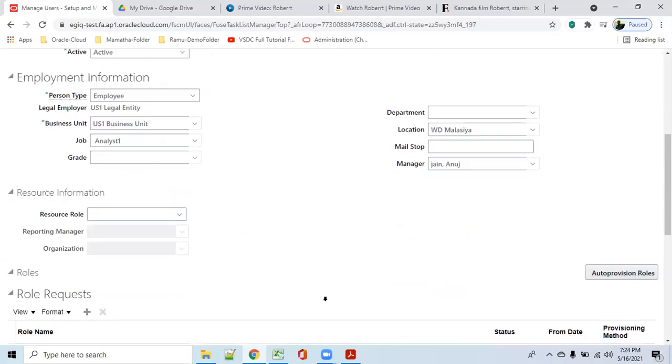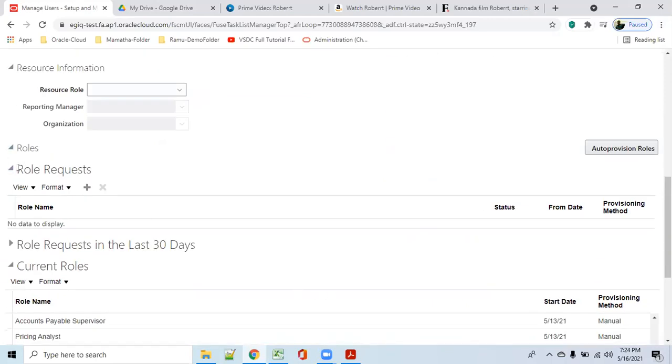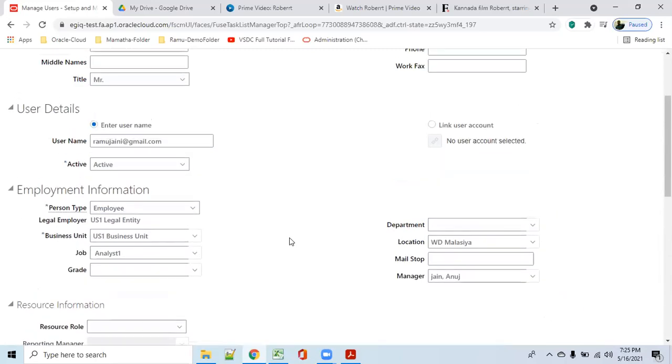Actually, I added under roles. You added a role request, it is not a role. We don't have the option here. See, for me this role request and all these views were not there at all. It was just roles, and it was showing all the auto provisioned roles. So this plus sign, maybe no problem, Ramu. Let that application come, then I'll show you, because I myself added two roles to myself.